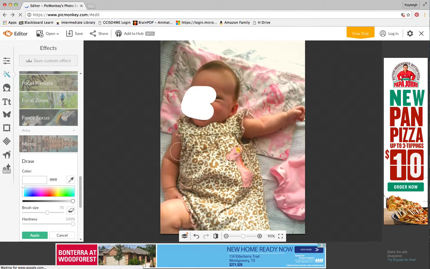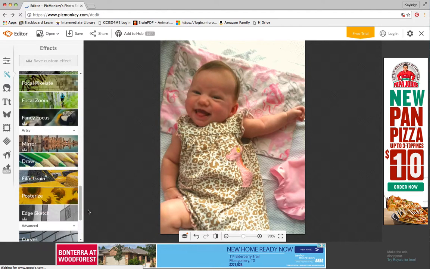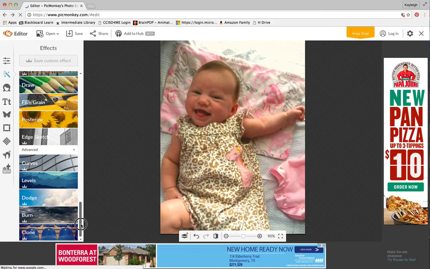Okay, you also have the draw option, which if you need to erase a certain area, you can, but for this project, there shouldn't be any erasing. All right, so